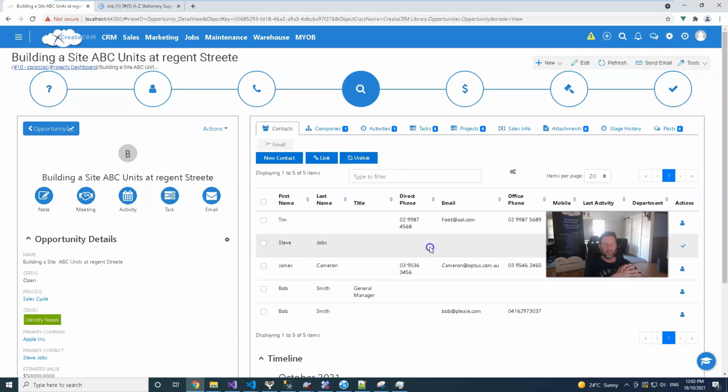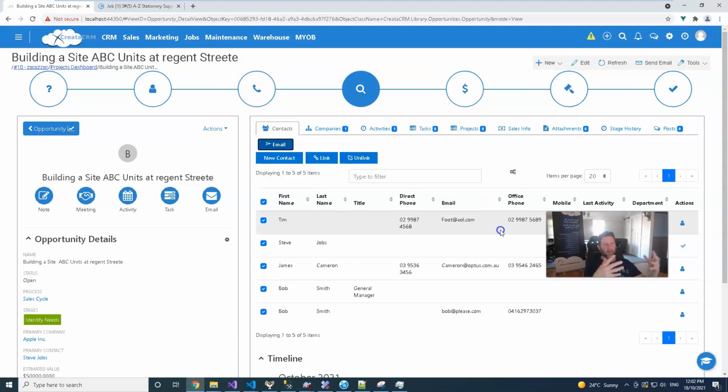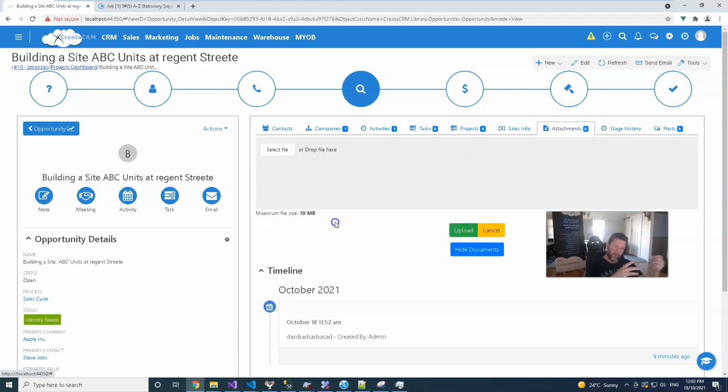So for example, if you need to email all the people that are involved in this particular opportunity, all you have to do is just select here and click on the email, say 5 emails per person, or 1 email to all 5 associates as well. So again, it's just a nice way to organize a filing cabinet of discovery for your business, attaching your files. As I mentioned beforehand, there is an attached file. You can drag and drop files into here as well, and easily communicate on this opportunity,